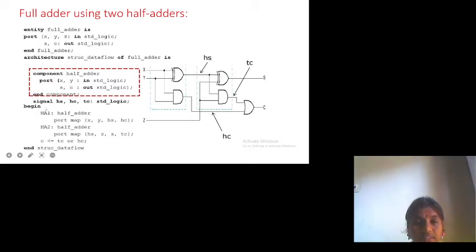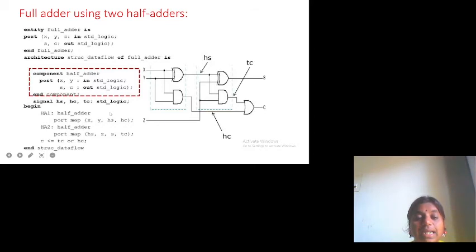Begin. Within the begin and end, you have to represent the behavior of the circuit. So now I am instantiating the first half adder. We have to give an instance name; generally we give UUT or UT for circuit under test, but here I have given the instance name HA1 colon half_adder. Half_adder is the component, right? So half_adder port map.